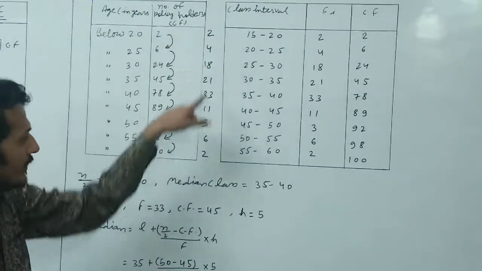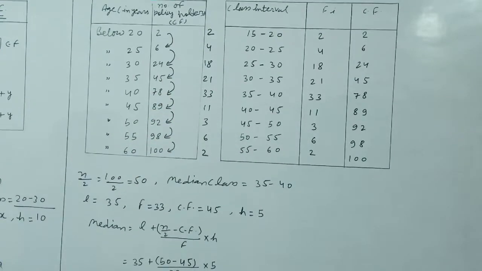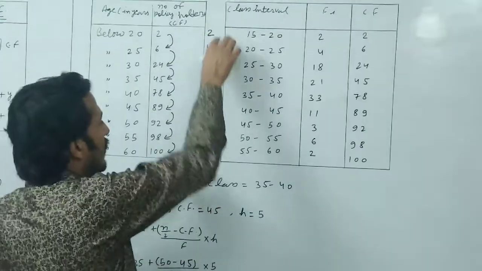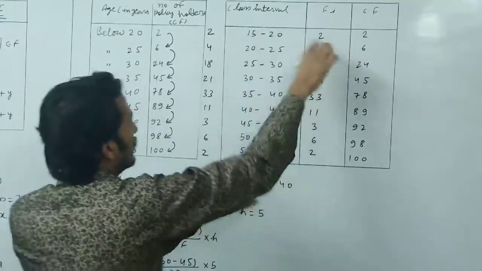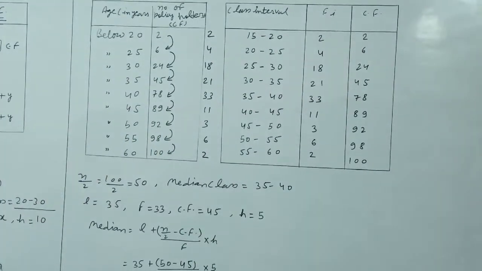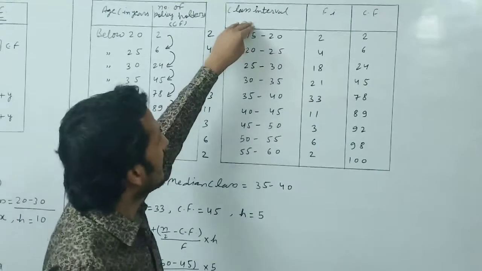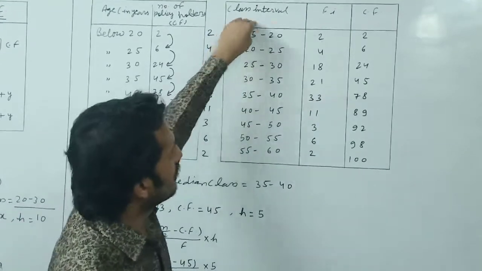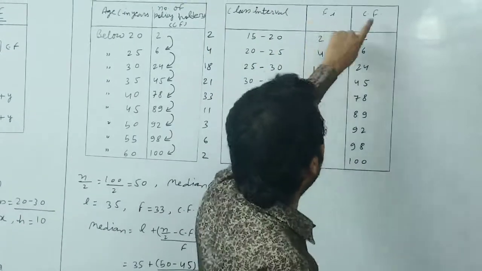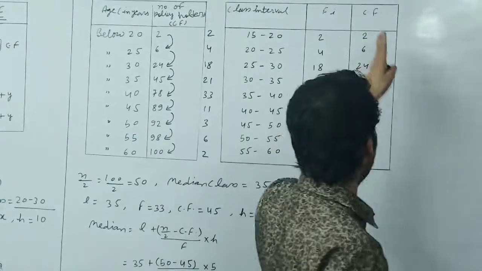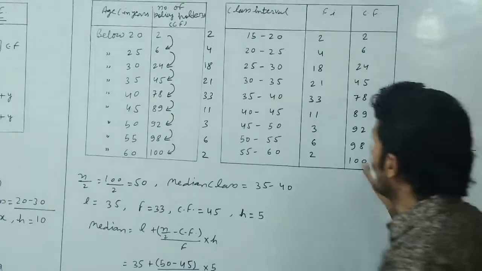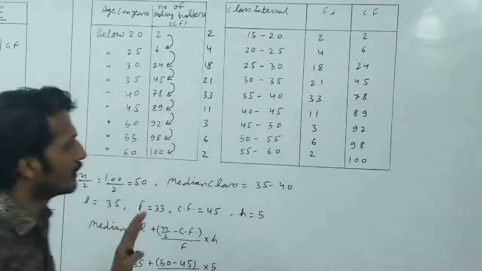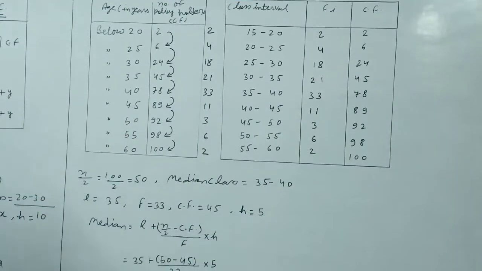Now the values which we get in this process will be fi. So write down these values in the column of fi. We can see that these values are the same which we have found here. So now we have found class intervals, we have calculated fi, and cf is given to us in the question. So write down these values in the same way. Now we are with our solution table, so we need to find the median.